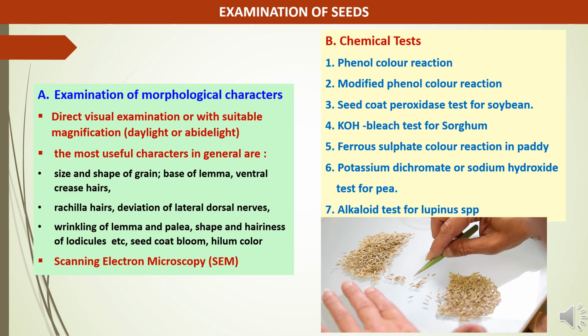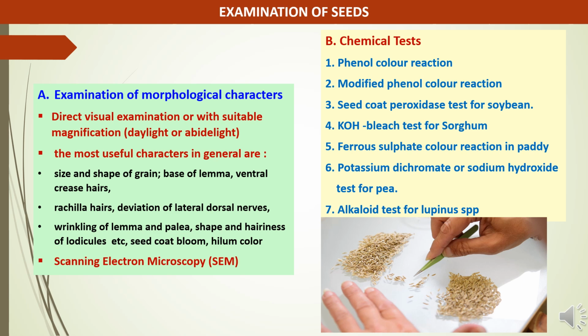Now the second method is chemical test. There are different tests which are used: first is phenol color reaction, second is modified phenol color reaction, third is seed coat peroxidase test for soybean crop, fourth is KOH bleach test for sorghum, fifth is ferrous sulfate color reactions in paddy, sixth is potassium dichromate or sodium hydroxide test for pea crop, and seventh is alkaloid test for lupinous species. And like that, there are different tests which are specified for specific crops, and we will